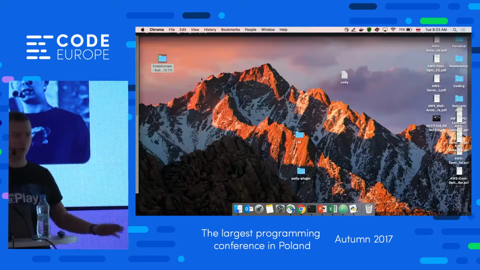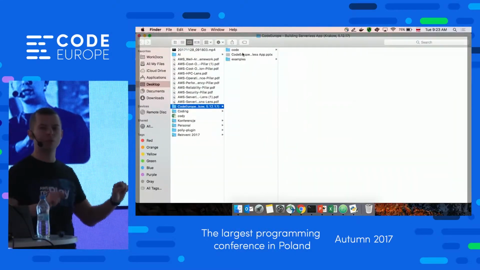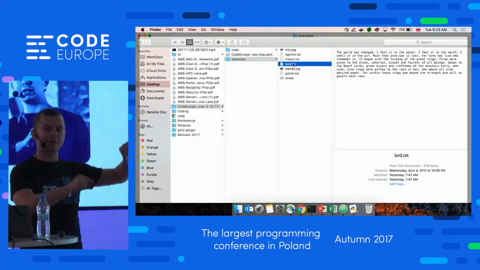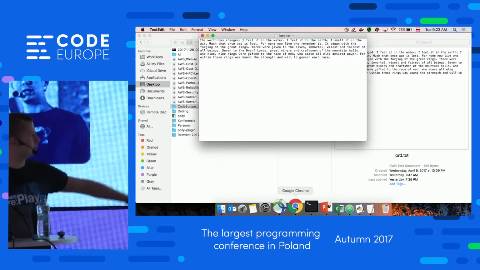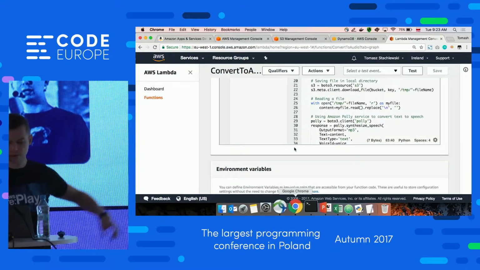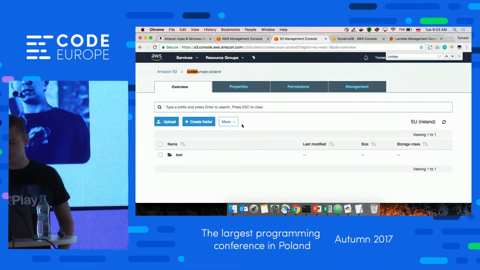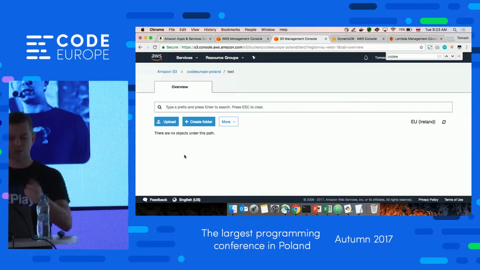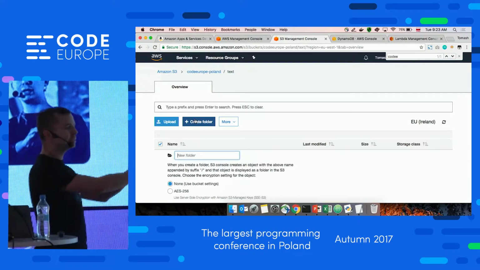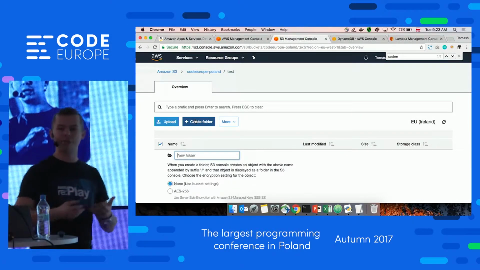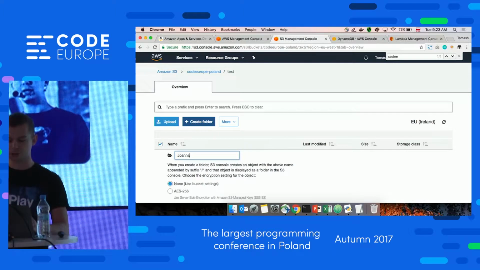And that's all. So if everything is working fine now, whenever I put a file on S3, Lambda will be executed. So let's see if it's working. Let's go back to S3. We have got a folder text. I will make it a bit bigger maybe. Now I will create a folder with the voice. So for the English voice, one of the voices is, for example, Joanna. So let's create a voice, Joanna. Okay. And this is the place where I will be putting the files in English.